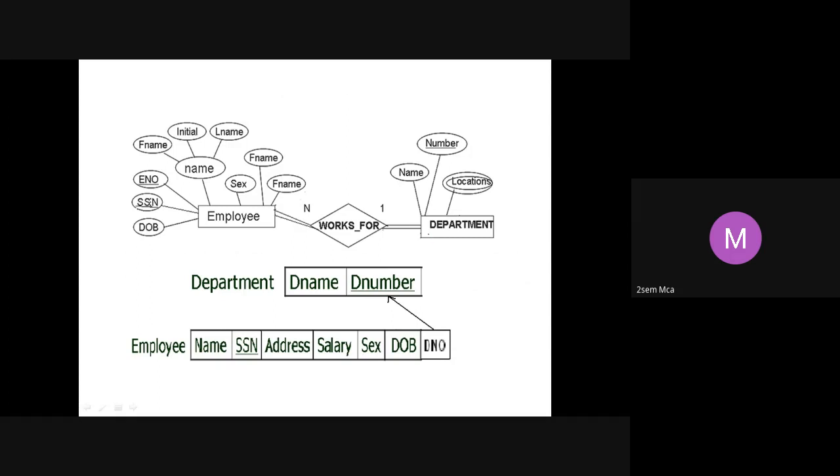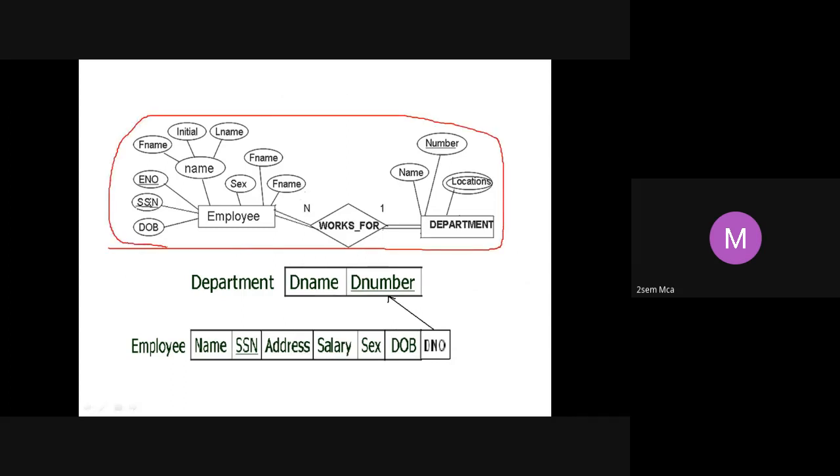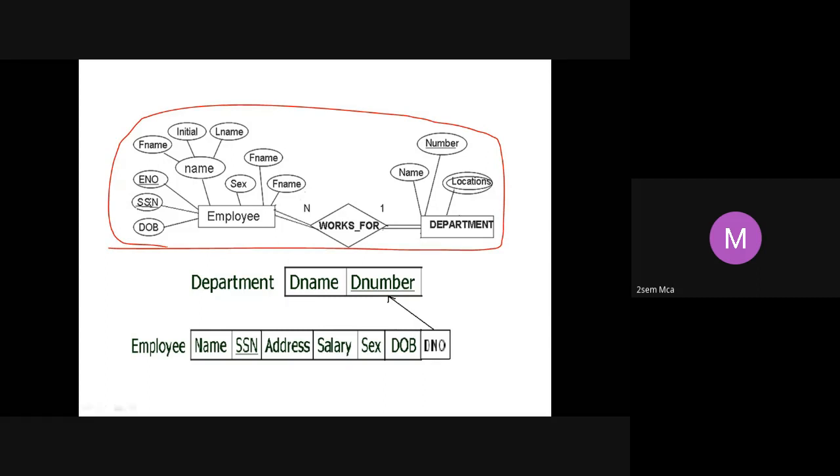Then again, how are you going to convert this into a table? Whenever you have a binary relationship 1 to n, first you have to find out the one side of the relation and the n side of the relation. Which is the one side here? It is department. The n side of the relation is employee.